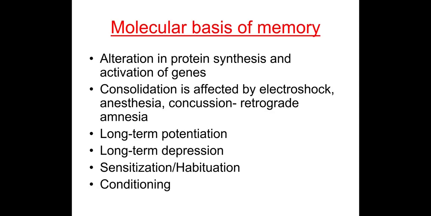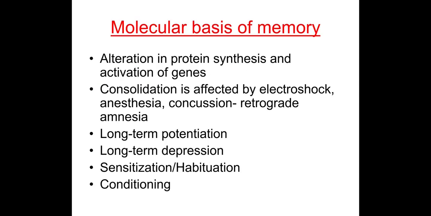So what's the molecular basis of memory? Memory is dependent on the alteration in synaptic connections involving protein synthesis or activation of the related genes. So either there is alteration in protein synthesis or activation of genes. As you know, the conversion of short-term to long-term memory, which is called consolidation, is affected by shock, anesthesia, concussion, resulting in retrograde amnesia. So what happens here is the molecular basis is the RNA content in the neuron is changed,